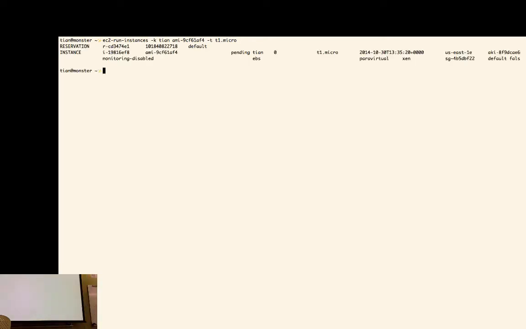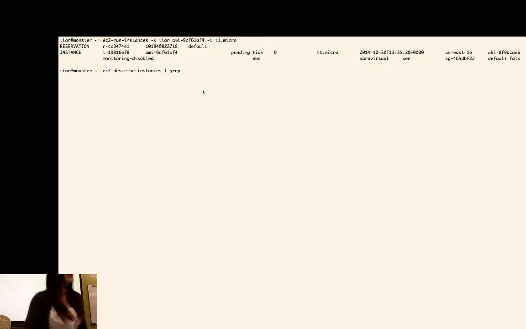All right, so we're going to run it. And it has to return the real result. If you can see in the second line, it says pending, which means they're trying to create it. It's not up and running yet. So we're going to describe the instance.